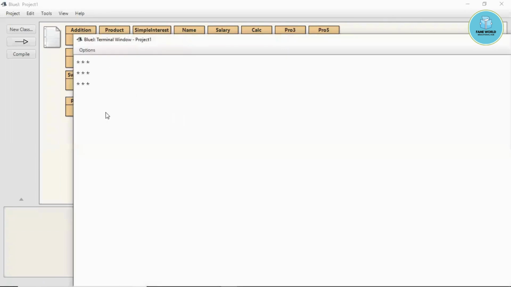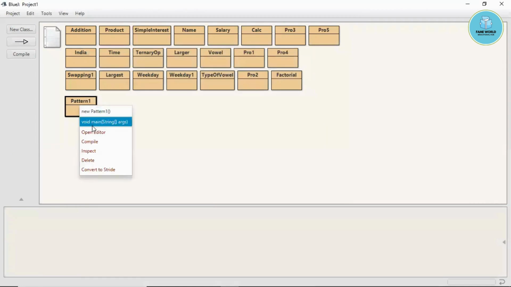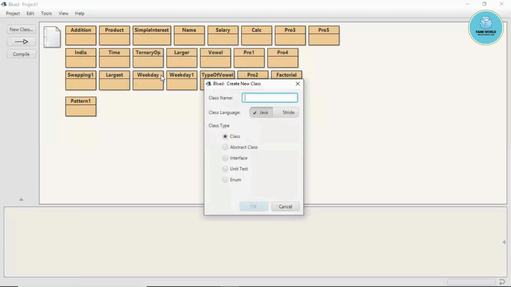So you can see that this was the pattern. We just have to consider the number of rows and columns. We took it till 3 because we were having 3 rows and 3 columns. That's why we have done that. Okay, the next pattern I'm going to take is pattern 2.